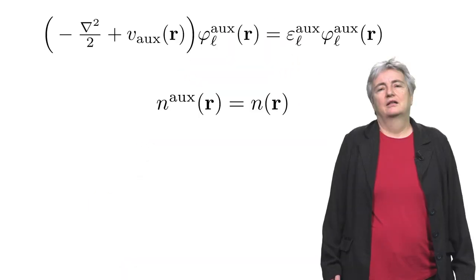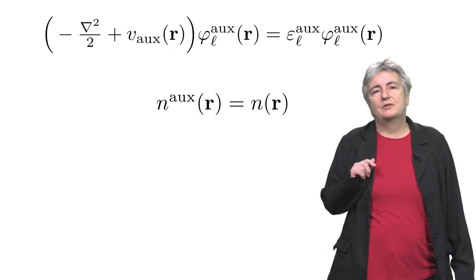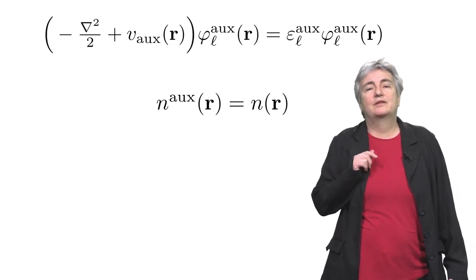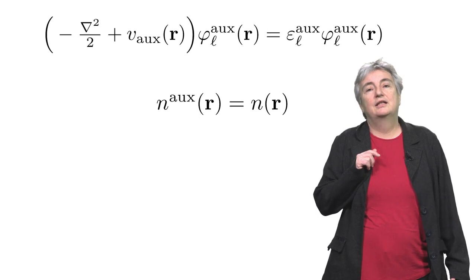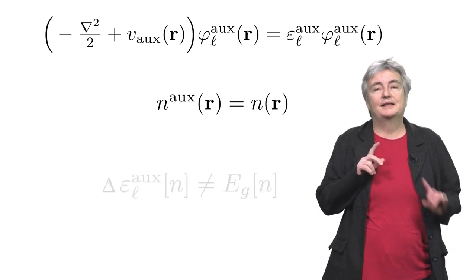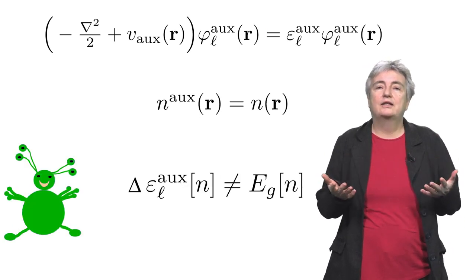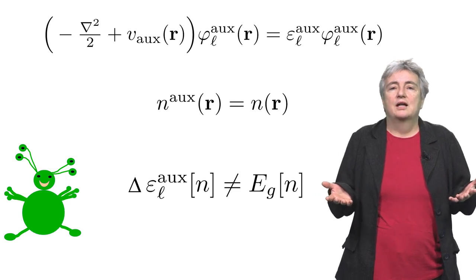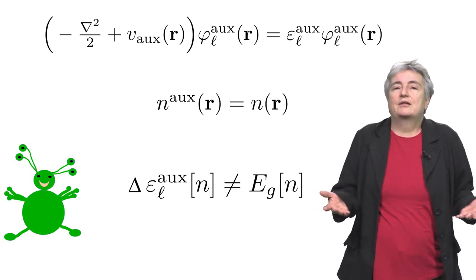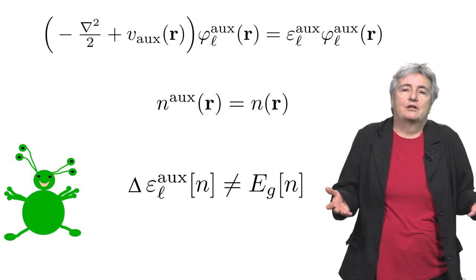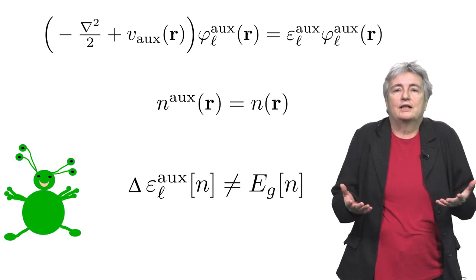As promised, we will now make a short excursion to hybrid functionals. Remember, in the last module, we detected a problem with the Kohn-Sham equation. It gives the correct density, but its eigenvalues do not lead to the correct band gap. Now, the Kohn-Sham system is an auxiliary system, and you have already learned that one should not ask too much